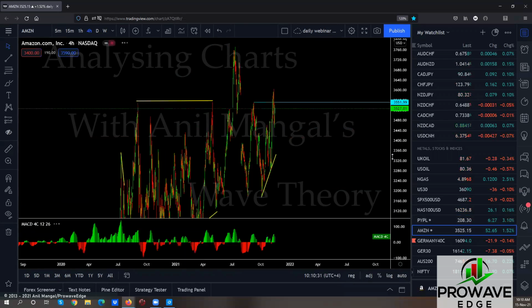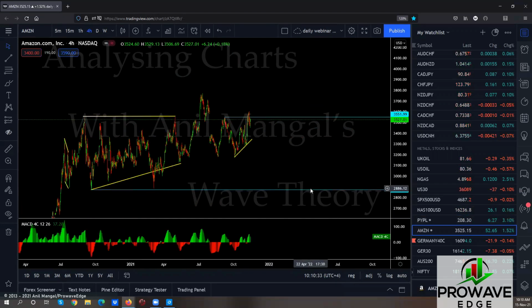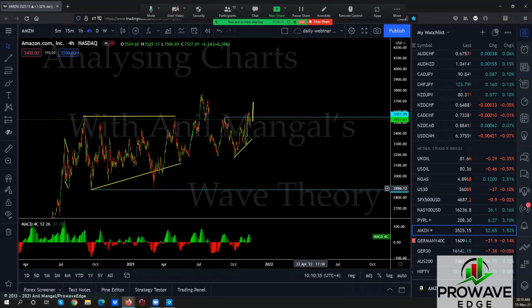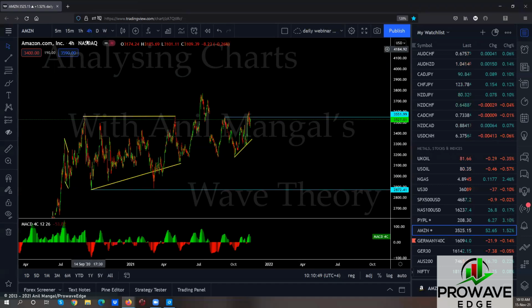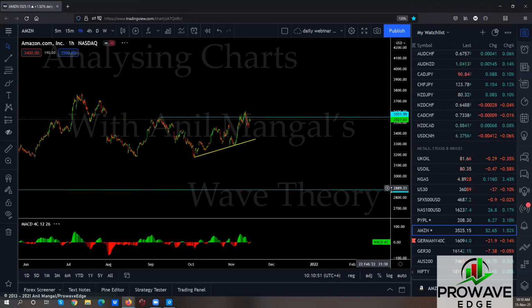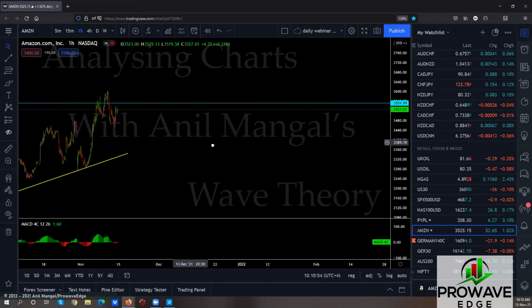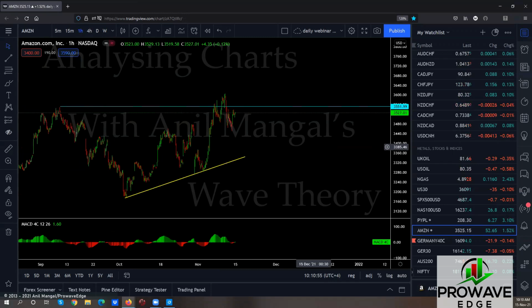Amazon, it's just going sideways. Right now, it looks like they're pushing. This is going to make a small flag and push one more up, probably back to this top. But it's not a buy setup as yet. I mean, it's not a long-term buy setup because this whole thing is just going like this sideways. So we'll relook at the whole structure eventually, once it's finished. But for the short-term trade, I don't see any trade set up for a buy.